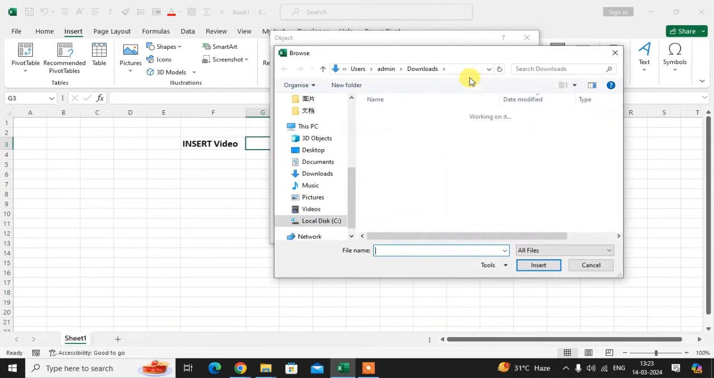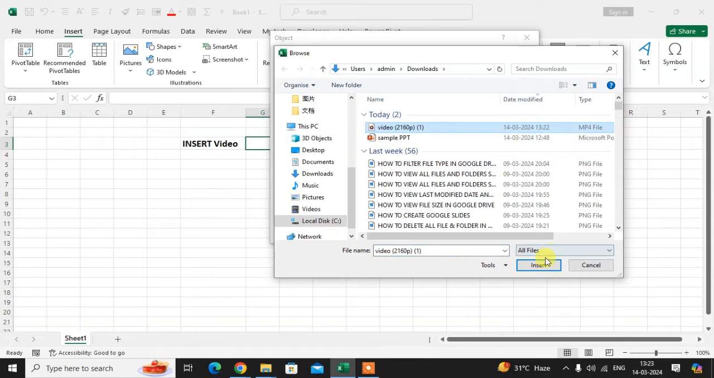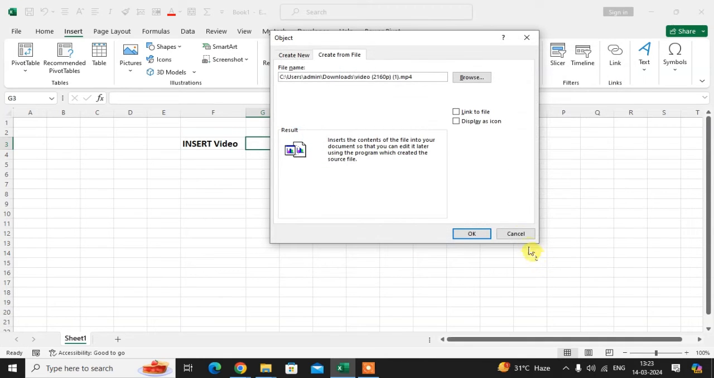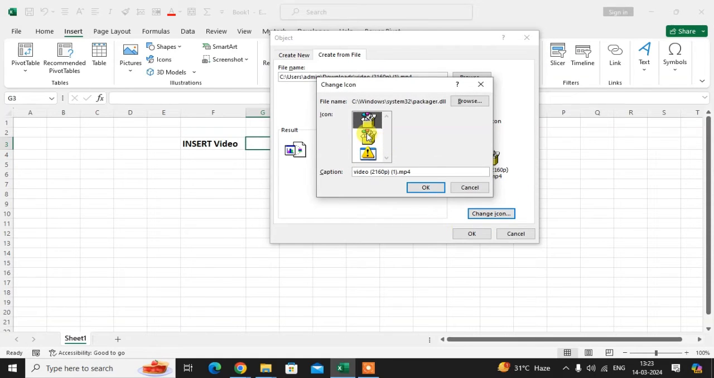Just click on Browse. Select your video, click on Insert. Here you click the Display as icon. You can change your icon. Adjust this one. Then you can rename your video here